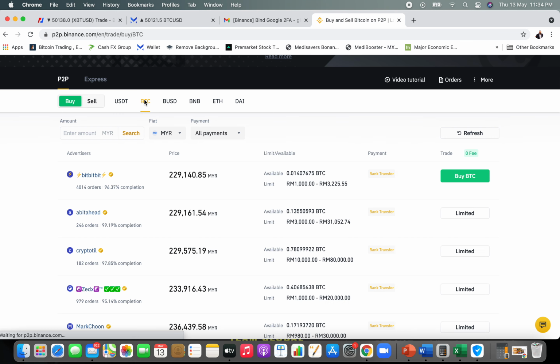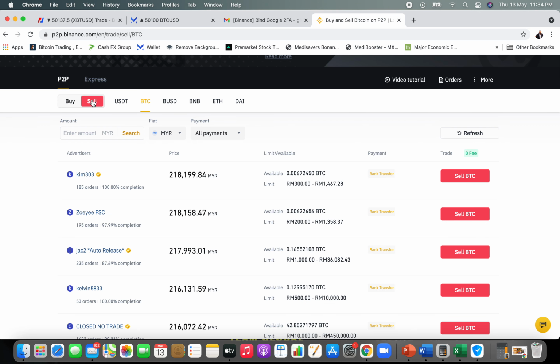If I want to buy Bitcoin, I can click Bitcoin and see who is selling Bitcoin in Malaysia, and buy from them. If I want to sell my Bitcoin, I can post the amount I want to sell, and people will come into the platform, connect directly with me, and buy my Bitcoin.